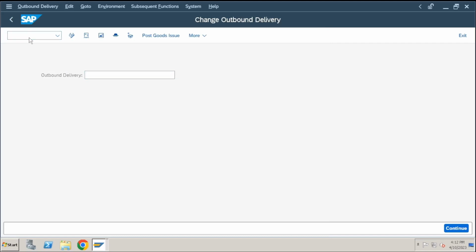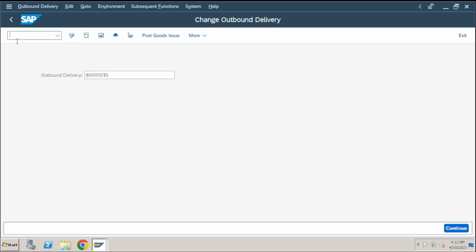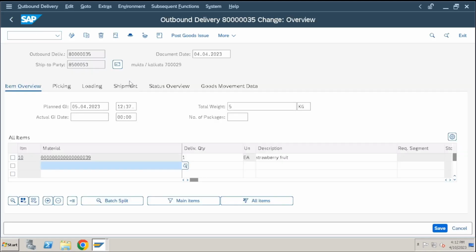Go to VL02N. I'll go to the transaction code first. My requirement is to find the available BADIs when the user clicks on save. That means before save, I need to find the available BADIs. Or if you want the BADIs even before displaying the transaction code, you need to set the breakpoint before executing the transaction code. Then it will trigger all the BADIs available before displaying the initial screen. If my requirement is before or after the click on save,